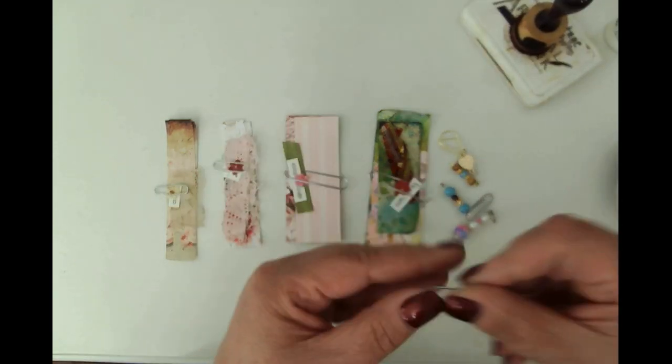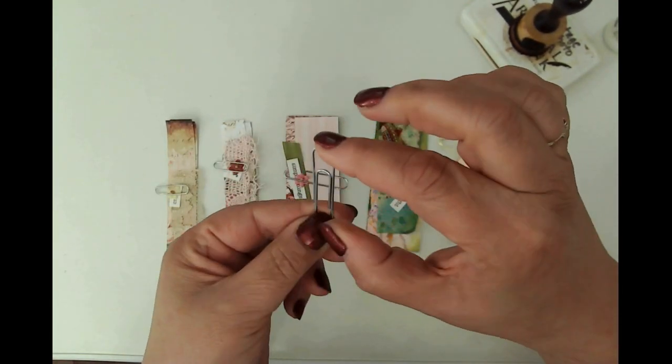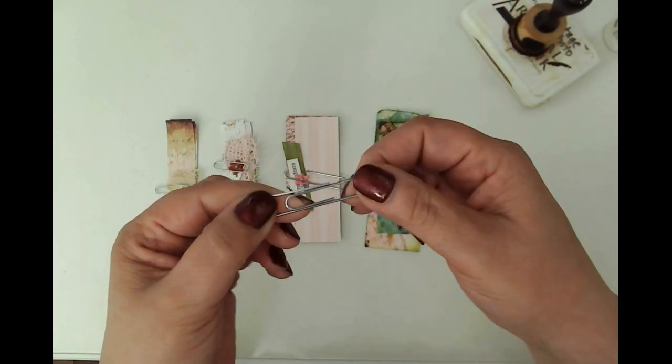It's these cute little what I'm calling mask paper clips. We're going to be using 2 large paper clips and then 2 small paper clips to make 4 different